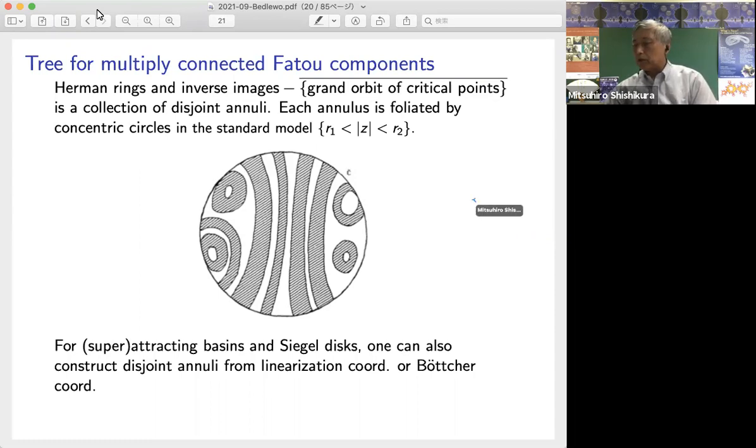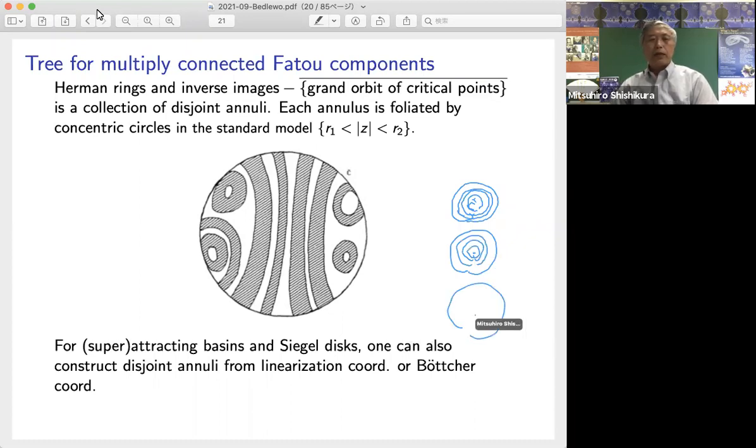If you take the linearizing coordinate, then in the linearizing coordinate you send the concentric circles to concentric circles. For super attracting, you take a Böttcher coordinate. Again, you have concentric circles going to concentric circles. The Siegel disk, the same. Well, I can't deal with the parabolic basins, unfortunately, but still, for the rest of the types, you get this